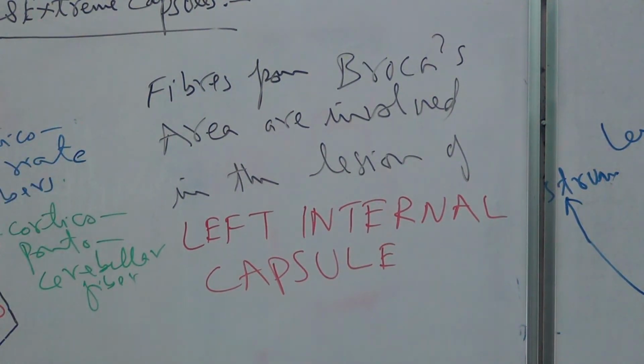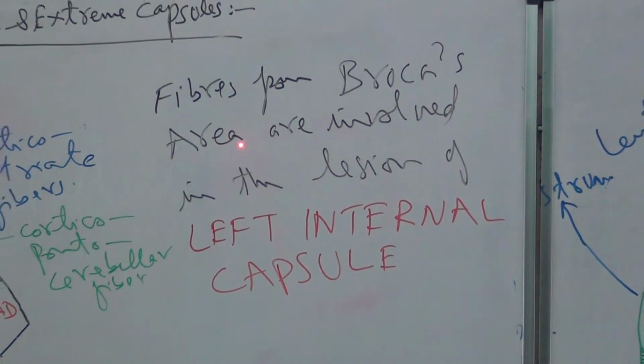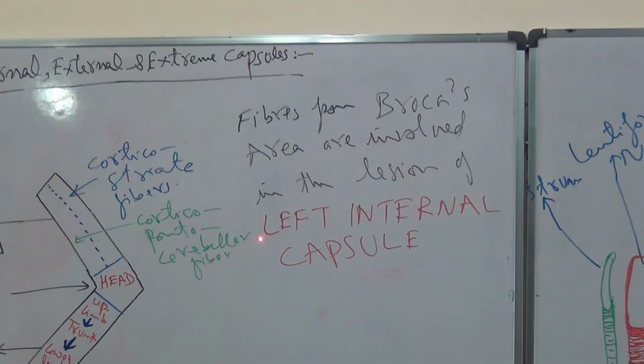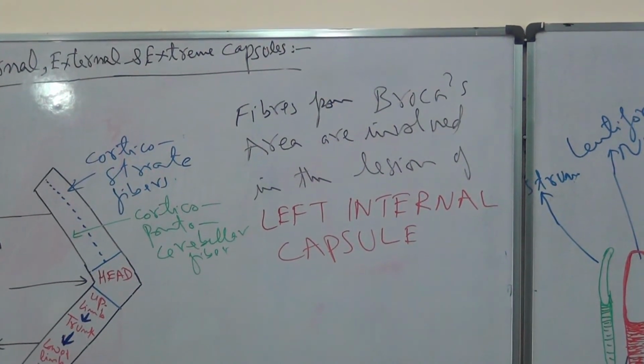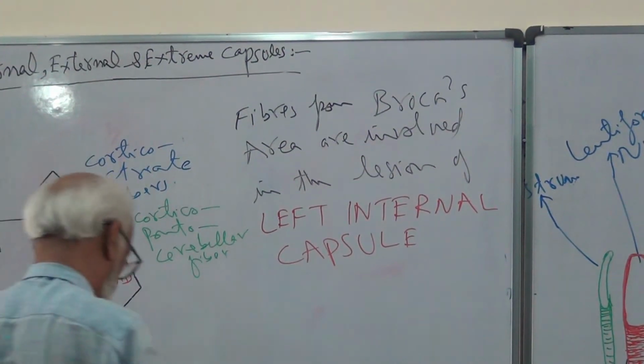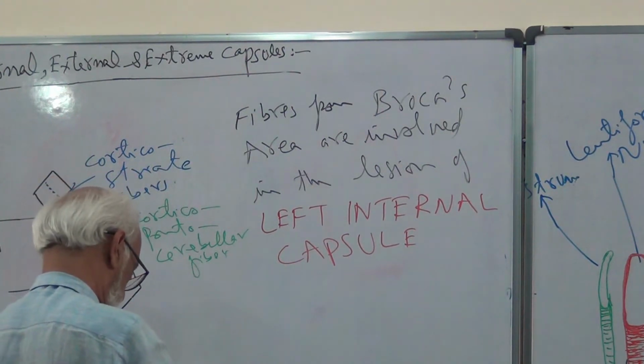The fibers regarding Broca's area, which is the motor speech area, are involved in the lesion of the left internal capsule, not the right. Why? Because in more than 90% of the people,